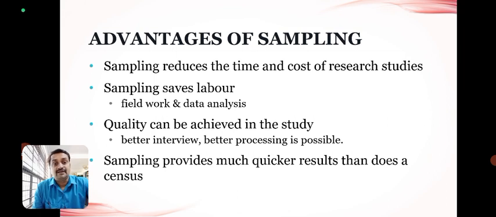Sampling will reduce the time and cost of research studies. So automatically, instead of studying the population, you will study a part of the population. Your time will be saved, cost will be saved, labor will be saved. So if you are studying only